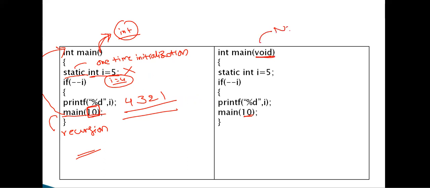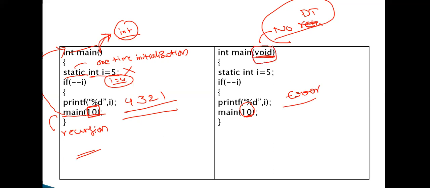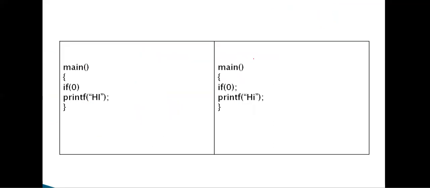But coming to this case, the same example, here we are passing 10, but here explicitly I am writing void. Void means no data type, that is, no return value. By default it takes some integer value, but exclusively you are specifying void, and you are still passing some parameter. So in this case, it gives an error. What is the error? Too many initializers. That is, it contains nothing, but we have to pass a value. This is the error we are getting. You got the difference between the first one and second one.